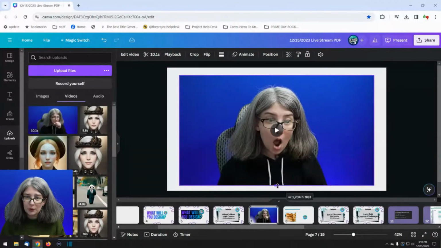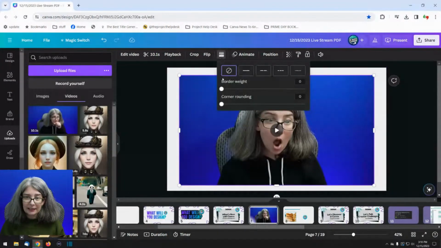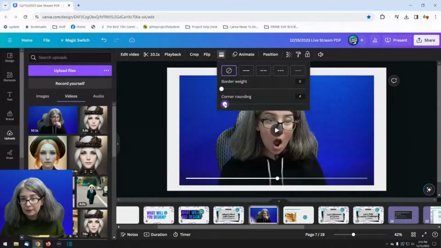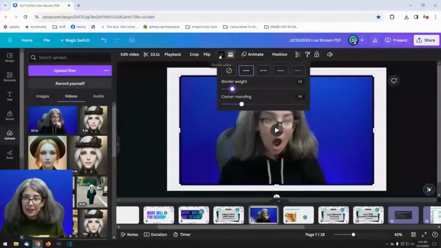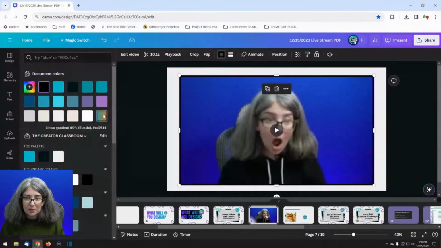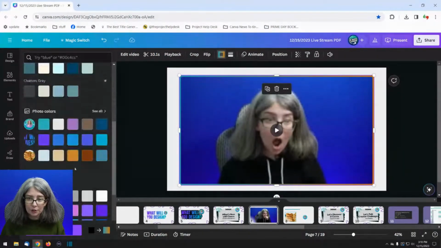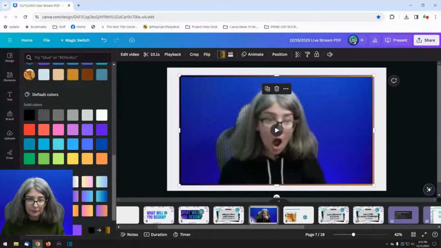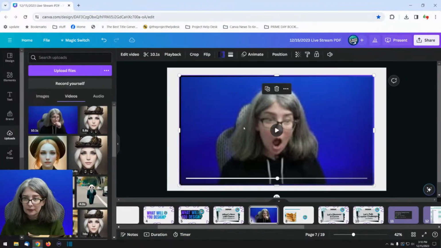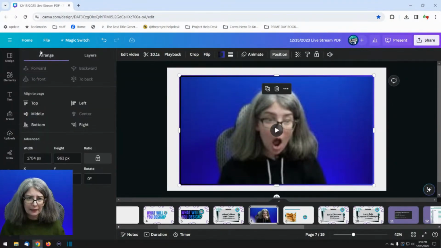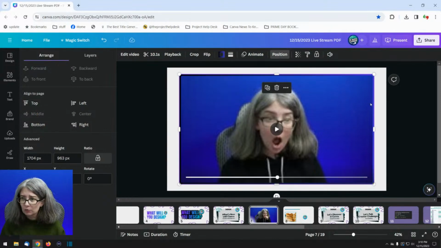I gave it a little corner rounding, a little border weight, and then I added some sort of gradient to it. Like that, perhaps. This black to blue gradient. I'm just going to go ahead and get this positioned in the middle.